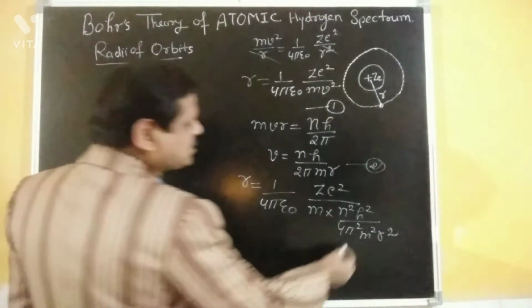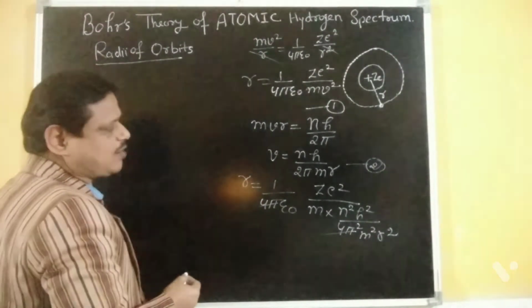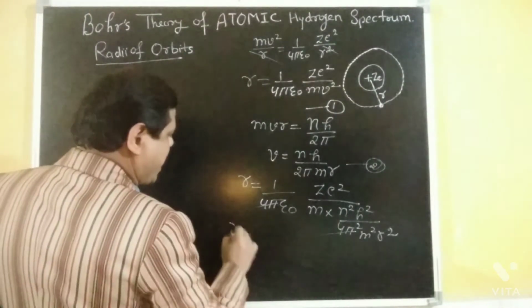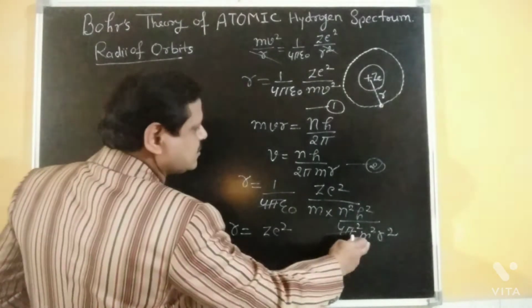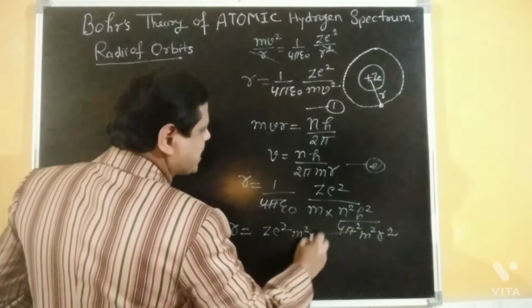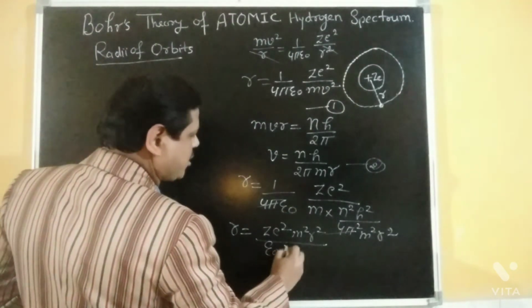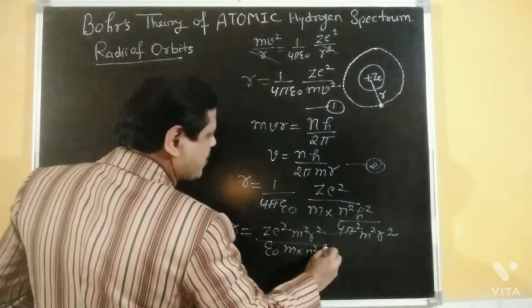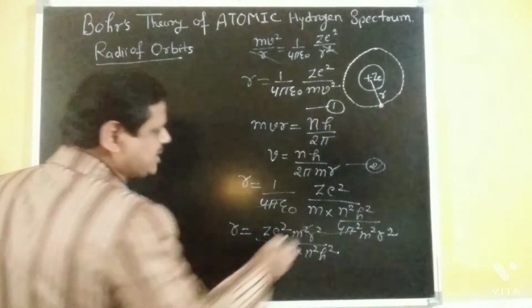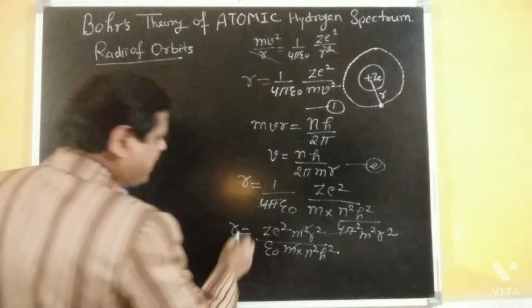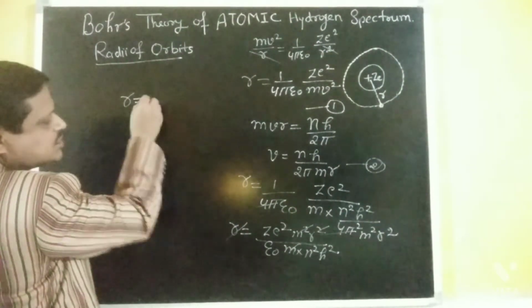Now by solving this, the 4 pi cancels out, and r becomes z e square m square r square upon epsilon naught n square h square. Now cancel the m square, and r with r square. Now again you get r is equal to